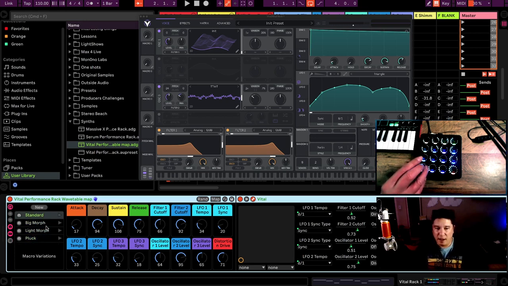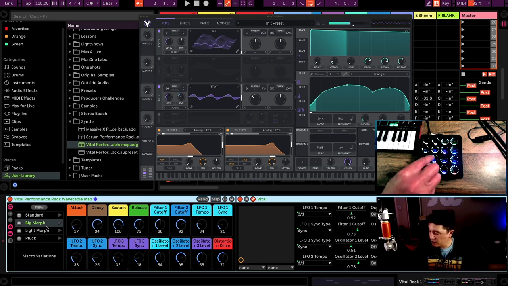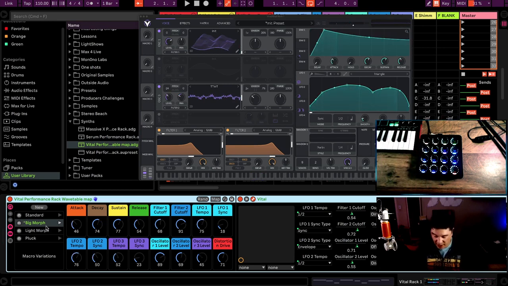And then I have this button, so it's a push button. The MIDI Fighter Twister has knobs, but the knobs also have an indent feature which acts as a button. So on this one, let's go ahead and go to Big Morph, so we can hear our sound. Let's load up Big Morph, and now if we play this,